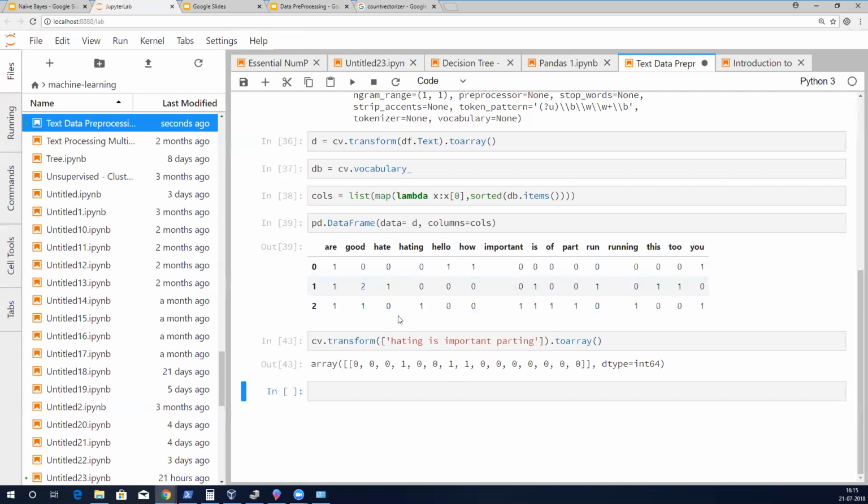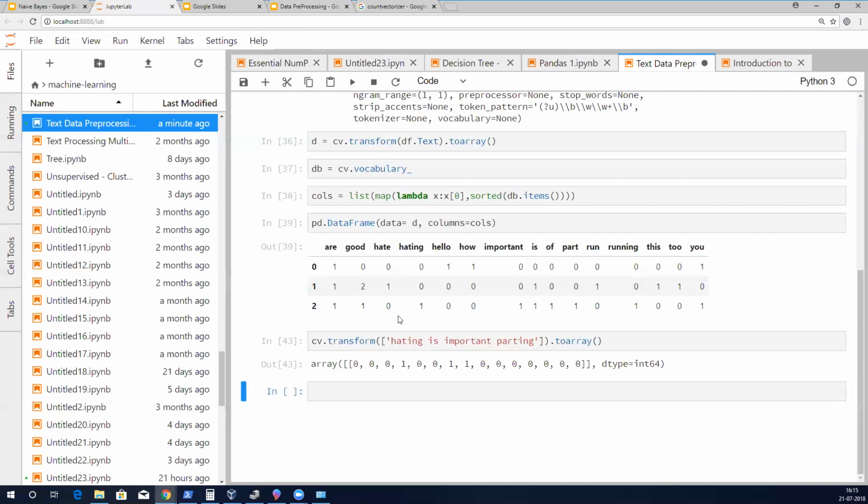But one thing you have noticed is that hate and hating are 2 different columns. As far as meaning is concerned, one column should be there for both of them. Do you agree with me? If I hate you, or I am hating you, it conveys the same message. You cannot have a different column for different derivations of a word.